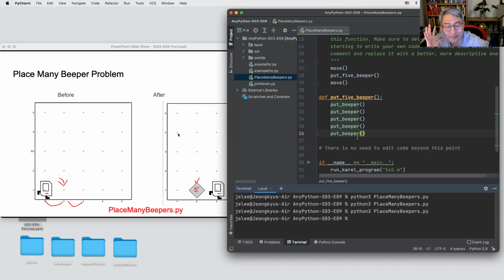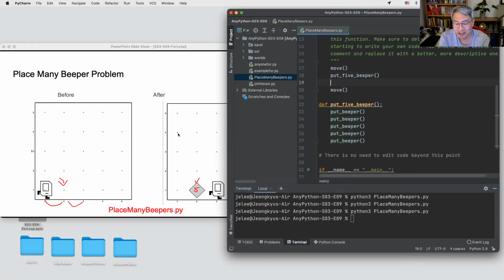Any suggestion? Any idea? Two times, yes, right. So as Daniel suggests, why not use the function 2 times? Then we can simply put the 10 beepers.